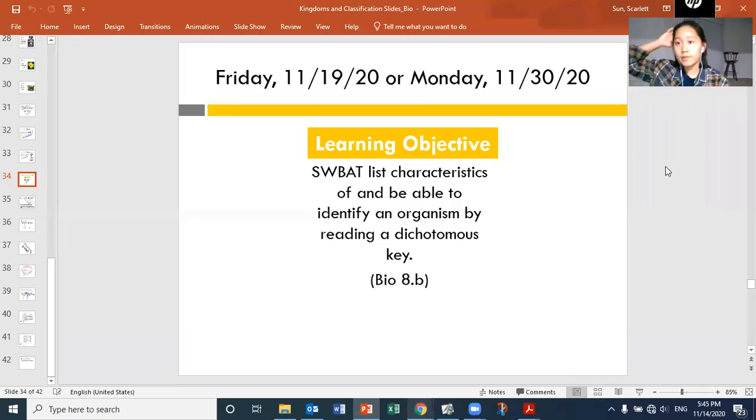Alrighty, so after we did cladograms last lecture, we are now going to do our dichotomous keys, which is a huge part of taxonomy and an easy way for us to identify organisms. So the objective is students will be able to list characteristics of and be able to identify an organism by reading a dichotomous key. But we're going to start out with the do now in case you need a refresher